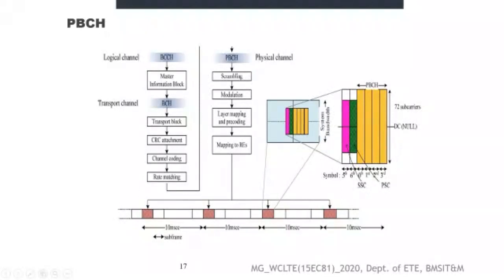As I said, this pink color indicates the secondary synchronization signal, and the next one indicates the primary synchronization signal. The next 4 blocks are the PBCH, that is the physical broadcast channel. As I said, here there are 72 subcarriers, the DC null. So 4 such PBCH